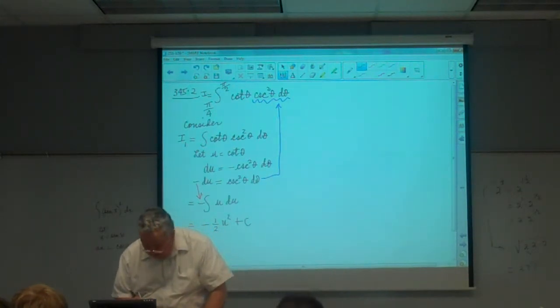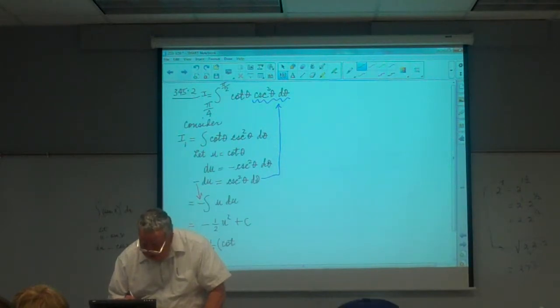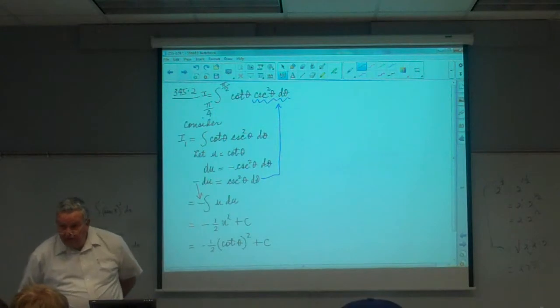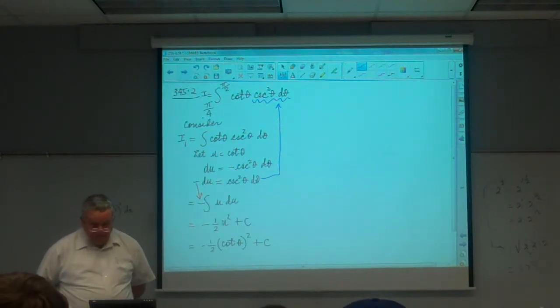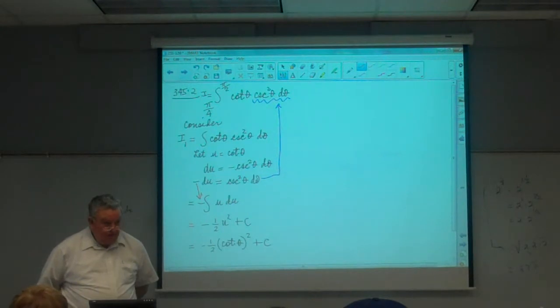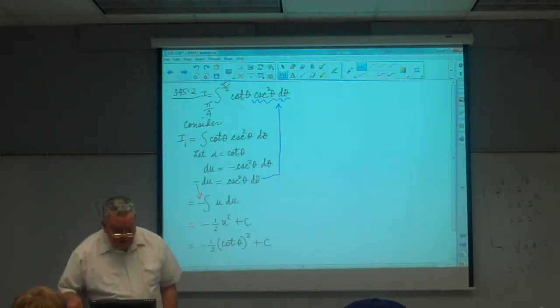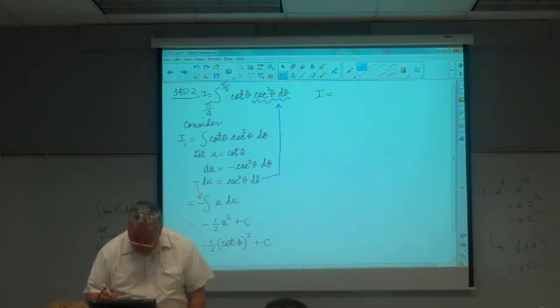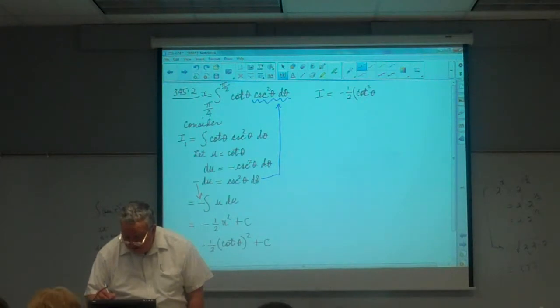But I think that's equal then to minus 1/2 times cotangent theta squared plus c. Isn't that what you let u be? Everybody agree? So now I go back and I say I is equal to minus 1/2 times cotangent squared theta